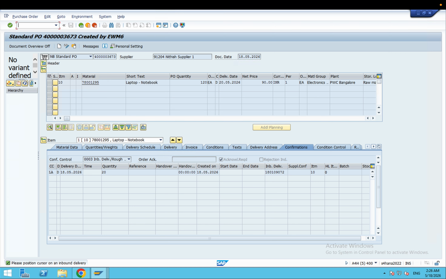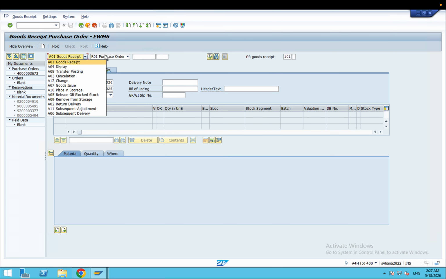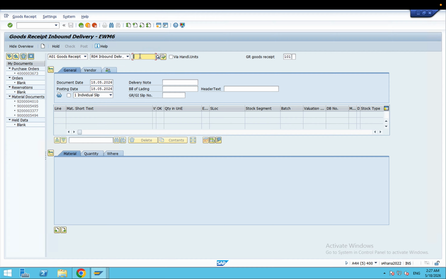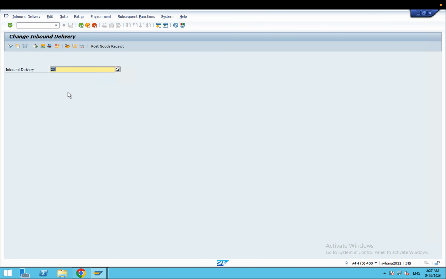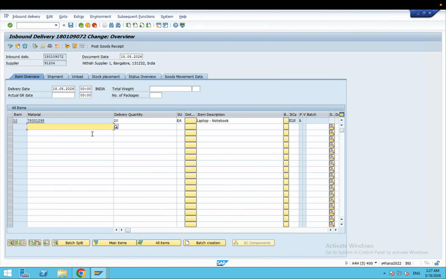Okay, now using this inbound delivery, you can receive the stock. You can receive in MIGO, goods receipt, and enter the inbound delivery number. Clear? So you can use this inbound delivery number here, or you can go to VL32N also and enter that inbound delivery number, and you can have the post goods receipt list